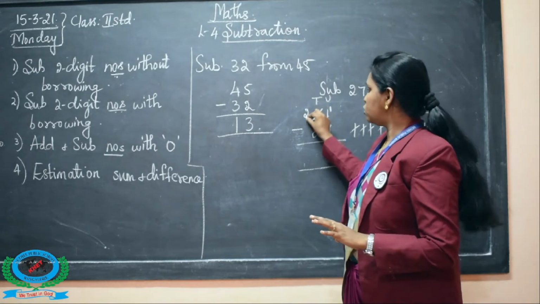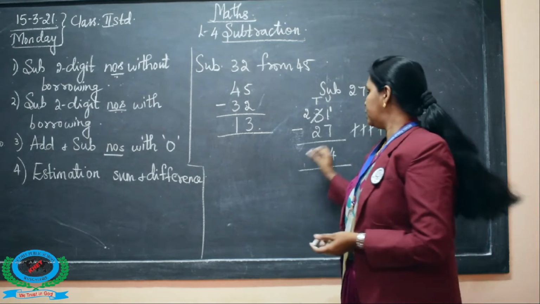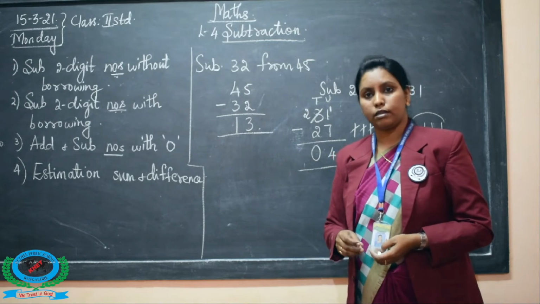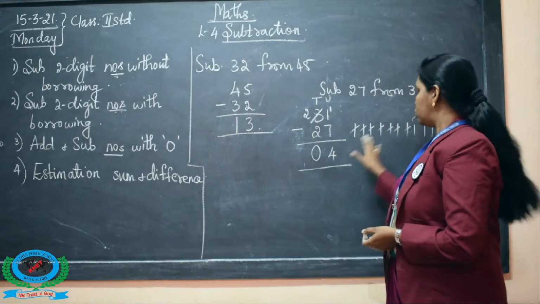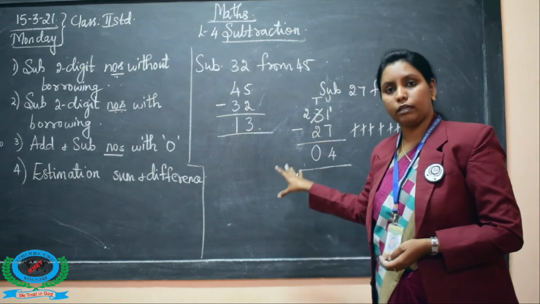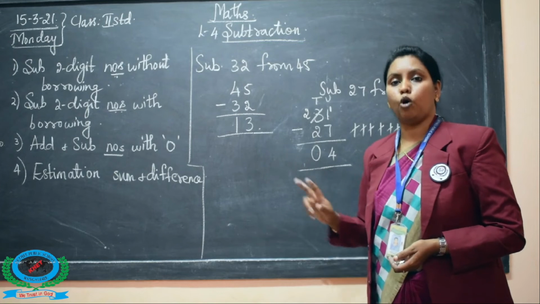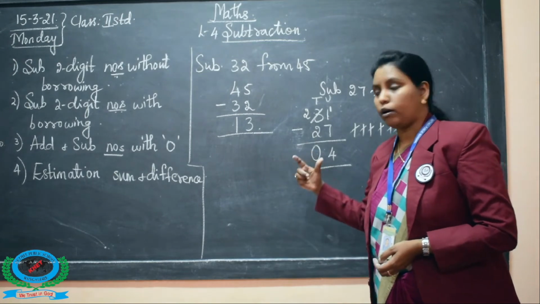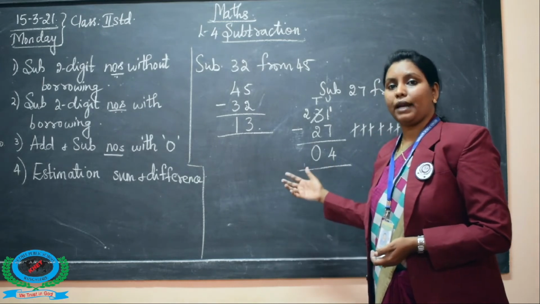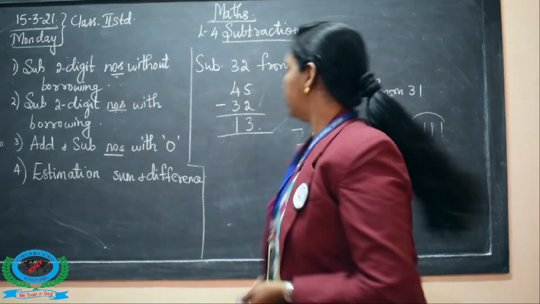So what is 2 minus 2? 2 minus 2 is nothing but 0. Isn't it? So like this you can subtract it. So this is called the method to subtract the 2-digit numbers with borrowing. You are borrowing one number from the next place value, then you will subtract that. Can I give you one more example for that?